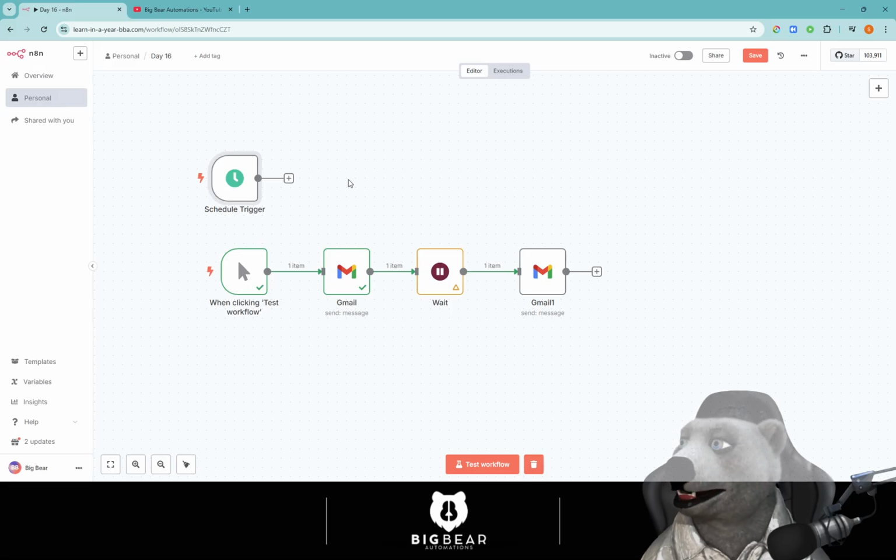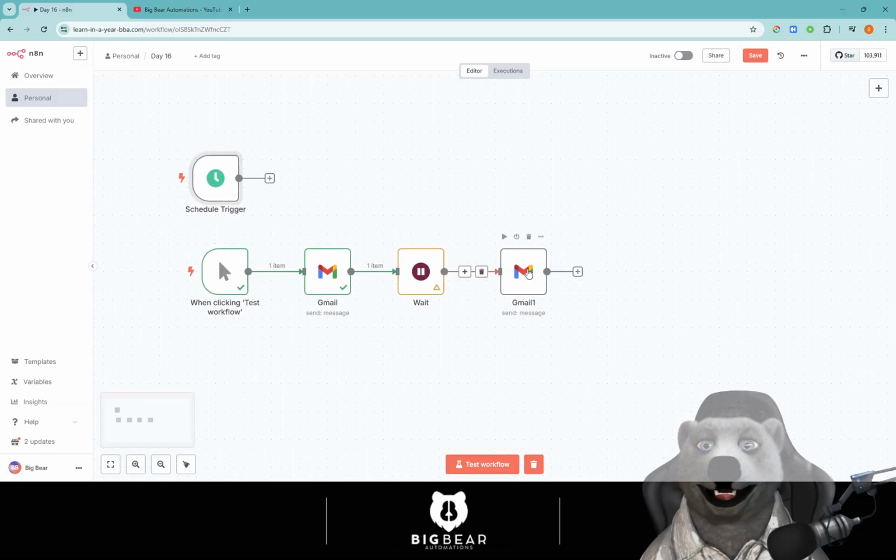So if you wanted to wait for rate limits, is probably the most common reason why I'd use a wait. Again, it would just be an API call on the other side that you're waiting for. We can do cool stuff as well. So for example,